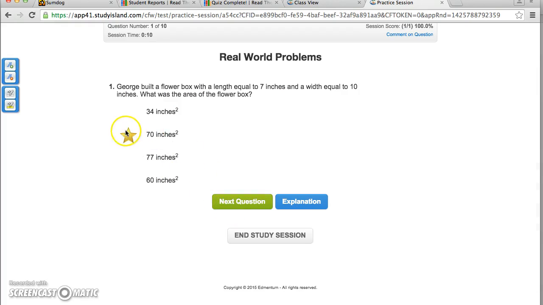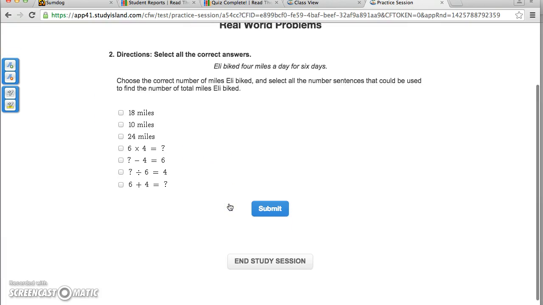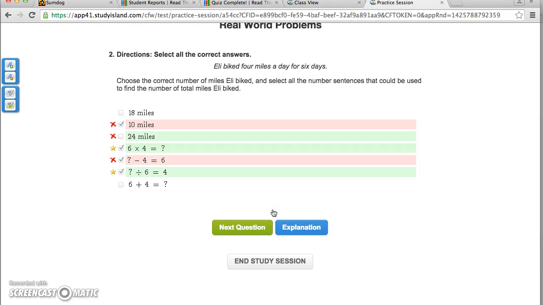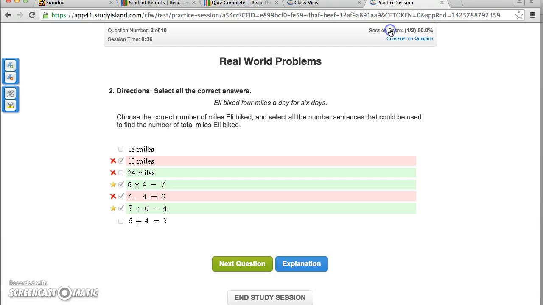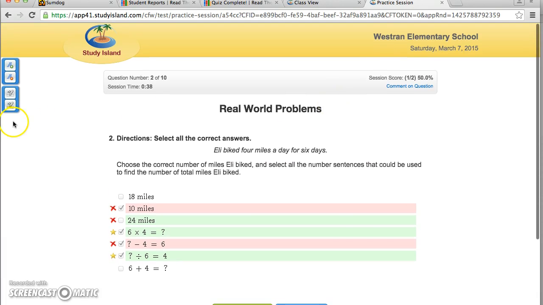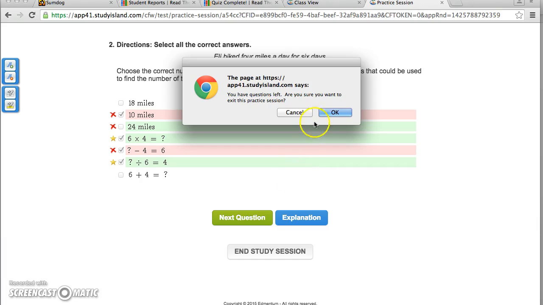It tells them automatically if they got it right or not. And then you go on to the next one, and it tells you that you're supposed to select all the correct answers, not just one. So you would have to click all of them, and I'm just randomly clicking, and I didn't get them all right. So you can click an explanation. These are the reasons that you got it wrong. And this can also be done on a tablet. So I'm going to end my session